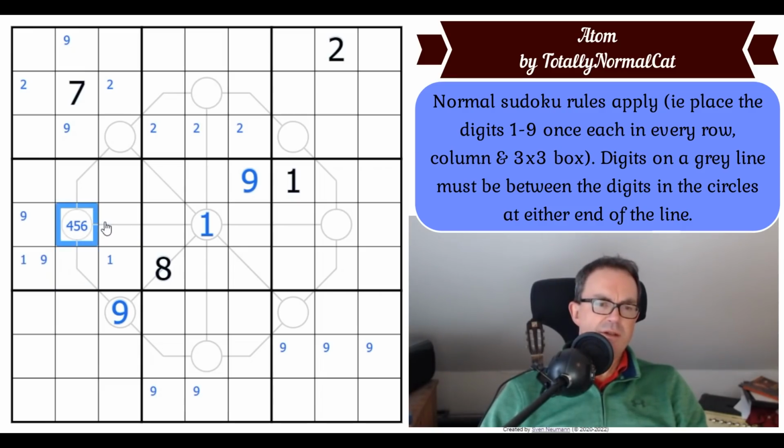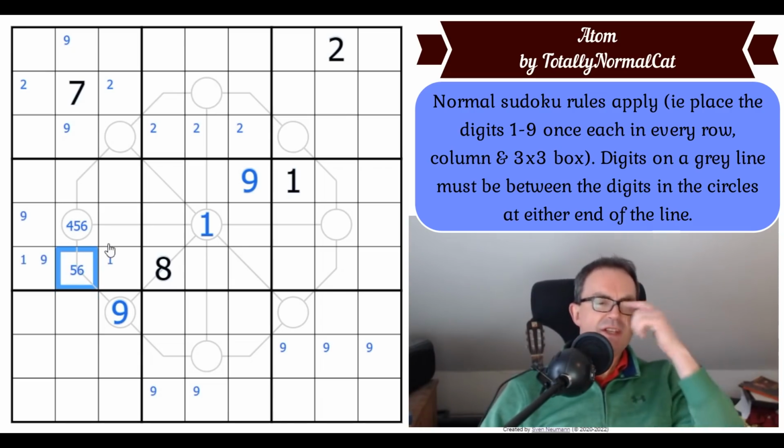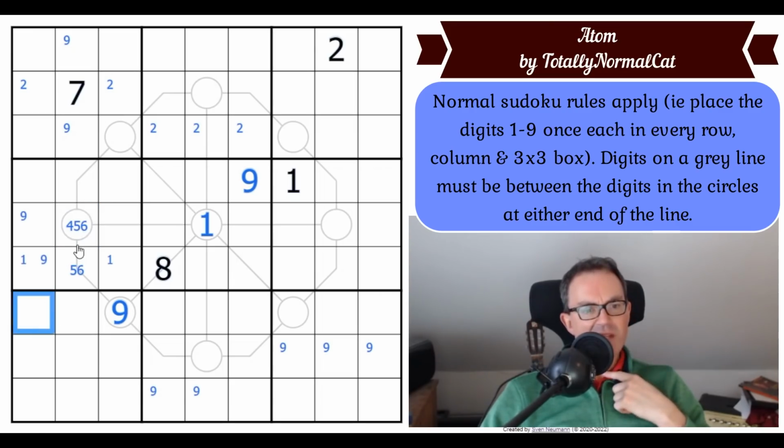Okay, that's weird. It can't be 8, because if it's 8, I have a problem filling this cell in. So that cell is actually only 4, 5 or 6, which means this cell has to be higher than 4. So that's 5, 6. That's only 5 or 6. That's so strange. I only started filling this cell in because I just didn't have anything else to do. It did not look to me at all like this was restricted, but it actually seems to be quite